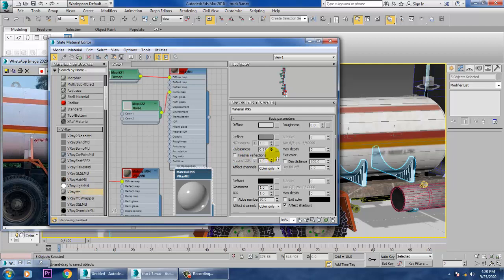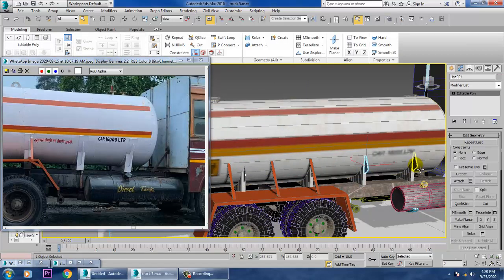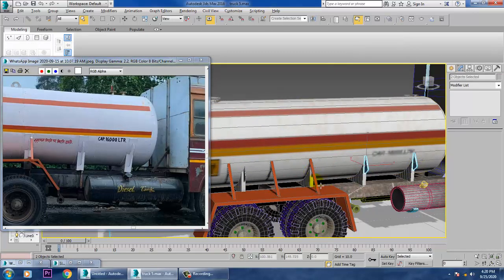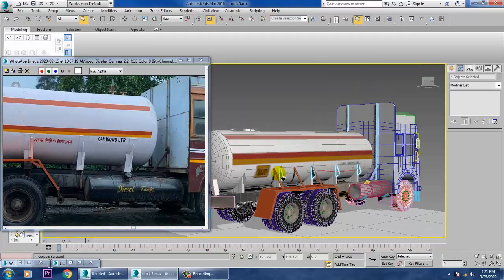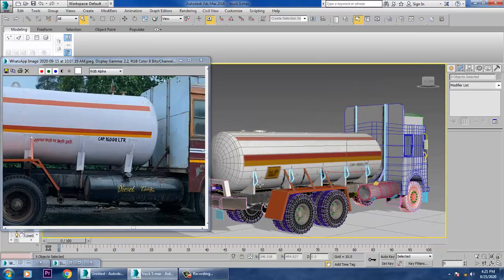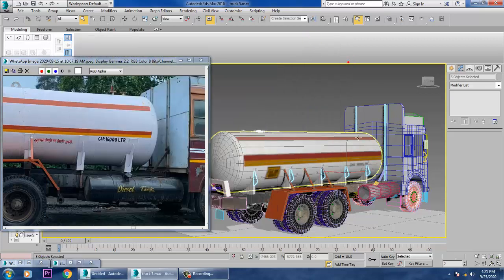Not much. A bit. Assign this over here. The same way we are going to assign this texture over here also. So let's again go into the material and just assign that over here.